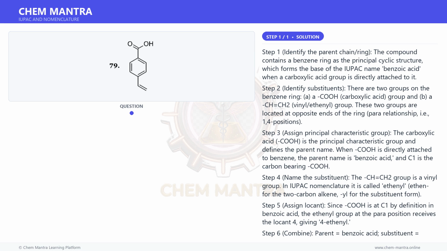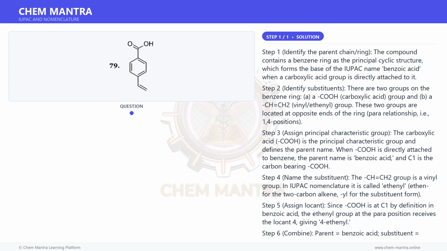Step 5. Assign locant. Since CHO is at C1 by definition in benzoic acid, the ethanol group at the para position receives the locant 4, giving 4-ethanol. Step 6. Combine parent is equal to benzoic acid, substituent is equal to 4-ethanol, full name is equal to 4-ethanobenzoic